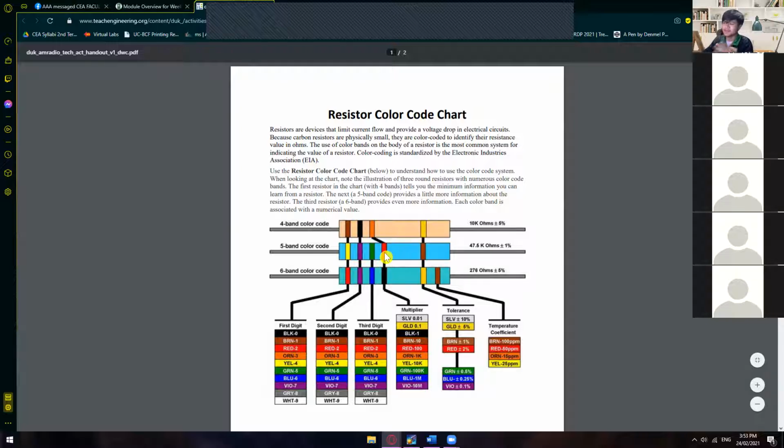Okay, like in here, the 4th band is still the multiplier. It's not the tolerance part. And for the 6-band color, you need to consider 2 bands for the tolerance. So, sir, what are those tolerances that you're talking about? So later on, I'll teach you guys how to measure a resistor by using a color code. But for now,